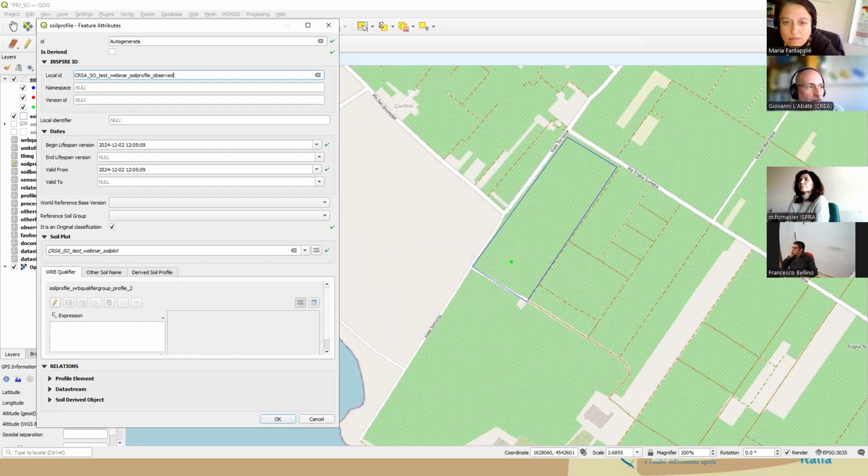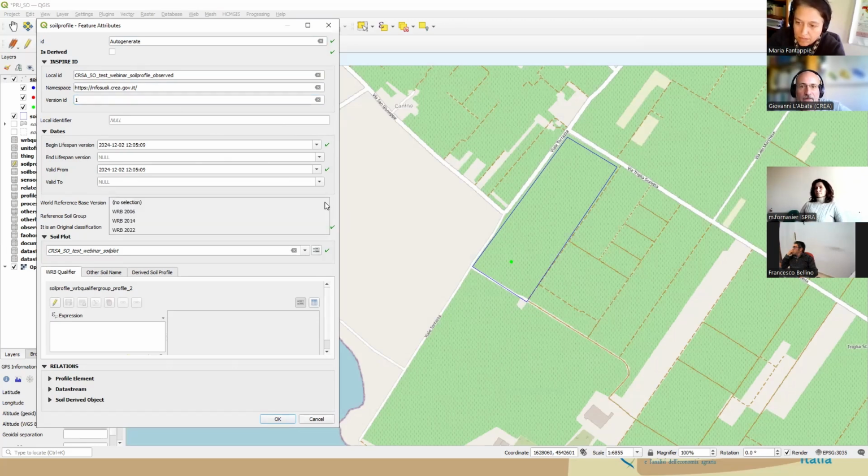So the namespace is the same, and the version is there. Dates are entered automatically, and since it's not derived, we don't need to flag it, and that means that this was observed. We can enter the